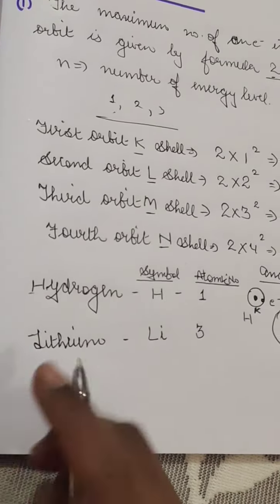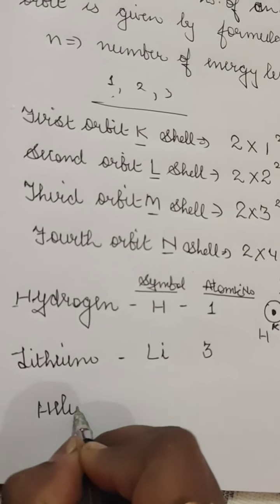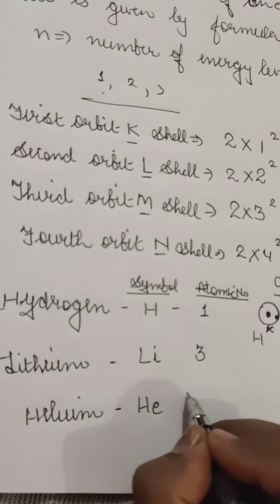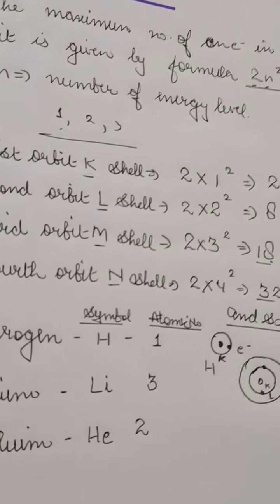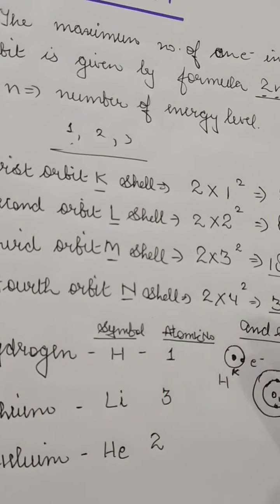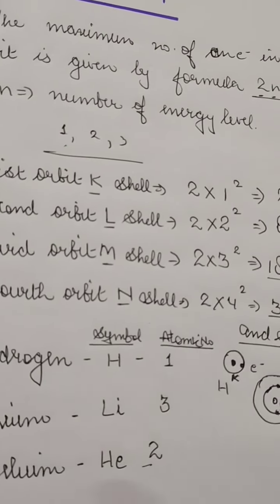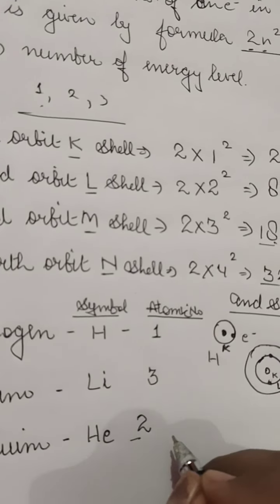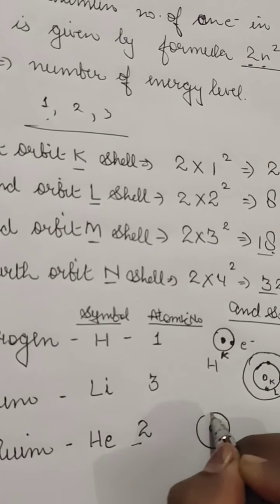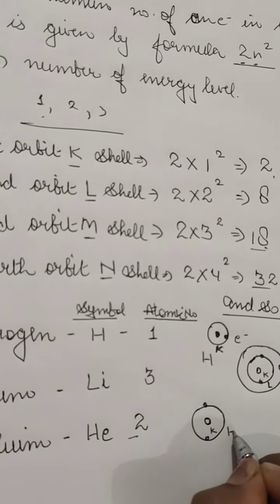Now the next example, since we missed helium. Helium will be like this, and the symbol is He, atomic number 2. Atomic number means the number of protons, and in an atom the number of protons equals the number of electrons. So 2 protons here means it will have 2 electrons, but neutrons can be different. This is the nucleus, and this is the first shell, the K shell, and it has 2 electrons. So the duplet is complete for helium.